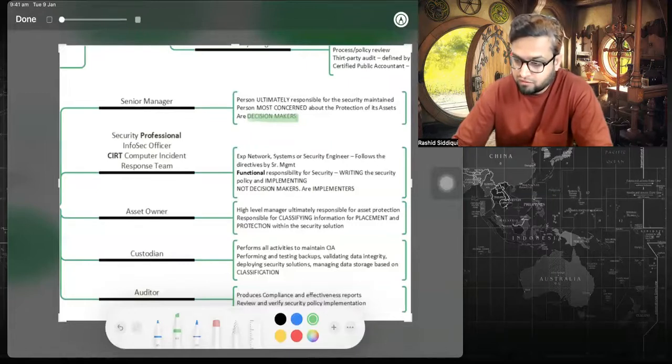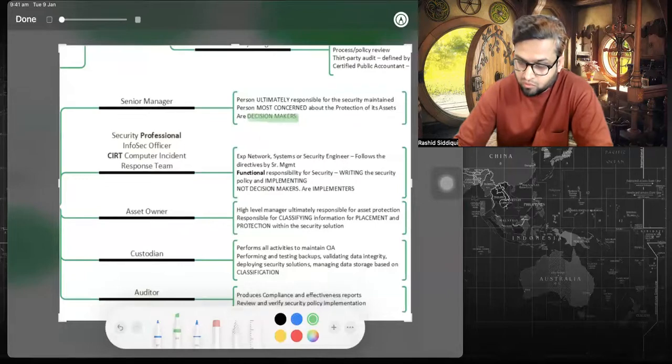So in IT, if there is an IT manager who is responsible for the domain authentication of all the users, right? So that person becomes the asset owner of the domain controller, right? Data still belongs to the company, and the liability of that data protection is still with the senior managers. But in terms of asset, the IT manager of the domain controller will be the asset owner, right?